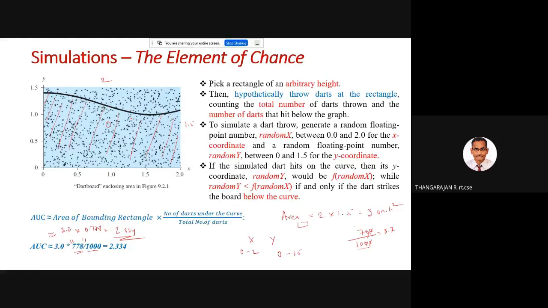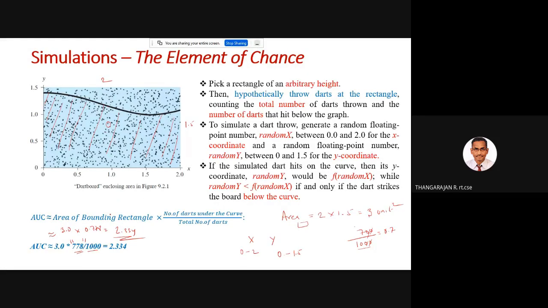So that means approximately I get an area, not by doing a direct analytical exercise of finding the integral, because I cannot find the integral for this function. If I can find the integral, then no problem. You need not go for Monte Carlo simulation. You can directly do the integral and find the area. But in case you do not know the integral, you cannot find it, then you have to go for Monte Carlo simulation.